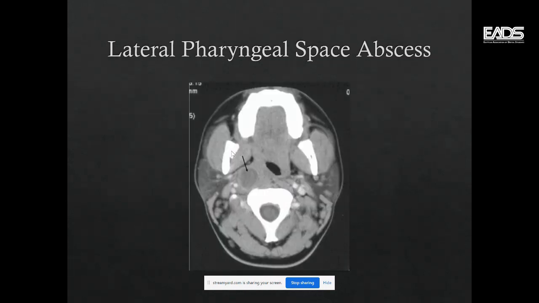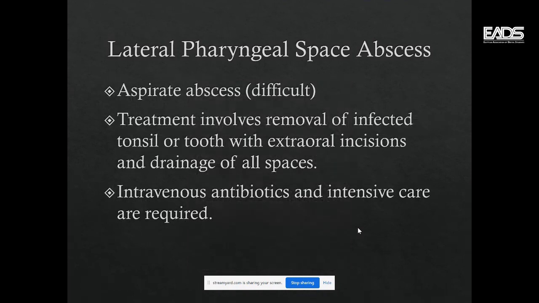So this is how it looks like in the CT. This is why we need to have it, because it is usually intraoral and sometimes it's not visible with the soft palate and the uvula alone. So you need to have a radiographic image to help you diagnose this type of abscess. What we do is aspirate, which is usually difficult. The treatment involves the removal of the infected tonsil or tooth with external incision and drainage of all spaces. Antibiotics, which are intravenous, are